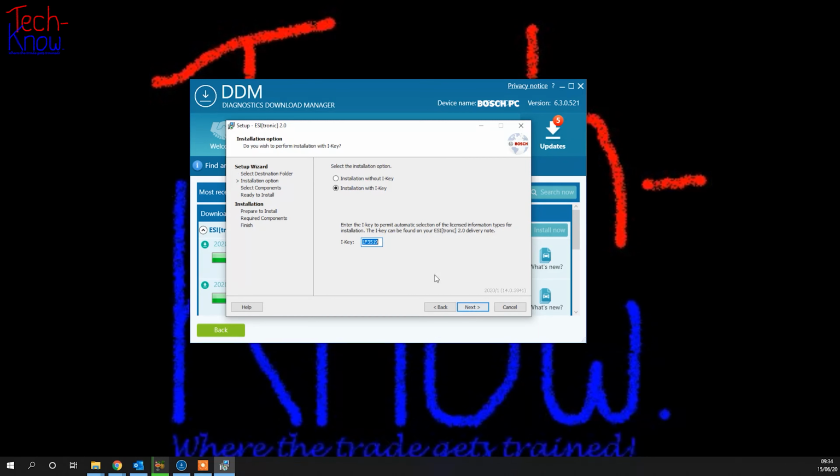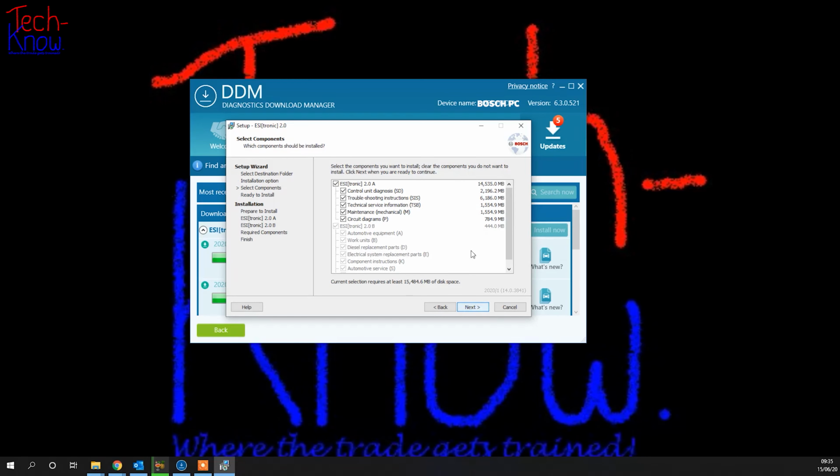Click on next, and you'll get the choice of an installation without an I key or an installation with an I key. Now if you have subscribed, then you will find that you've got the I key written at the top of your invoice come delivery note that you were sent when you were first subscribed. In which case you just enter that I key in there, and it will automatically choose what items are going to be installed. In this case, we're going to do installation without an I key, and we click on next,